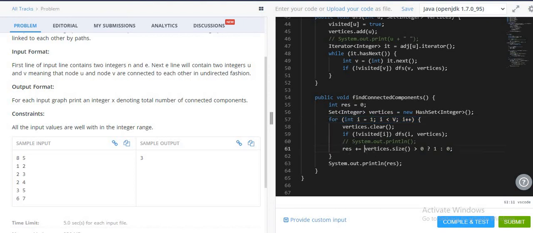Whatever the count value is there, if the size of that subgraph is greater than 0, I will add it. Each time I will have to increment the count by 1 if the size is greater than 0. If it is 0, then I don't need to add it, so it will remain the same. Once it is done, finally I am just displaying the output. So let's run this program and see the output.